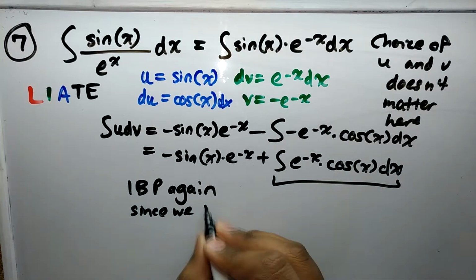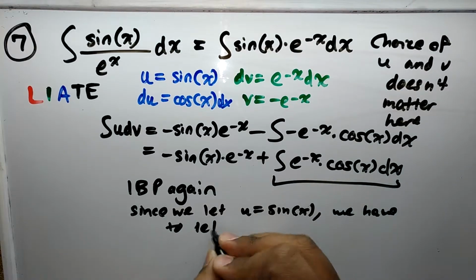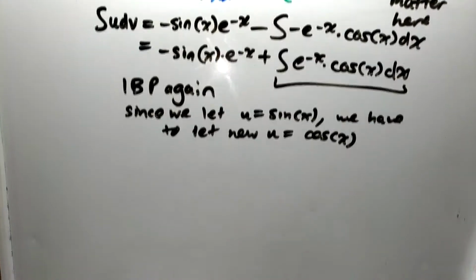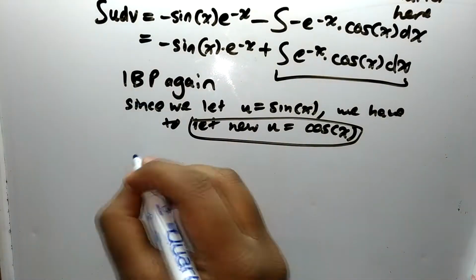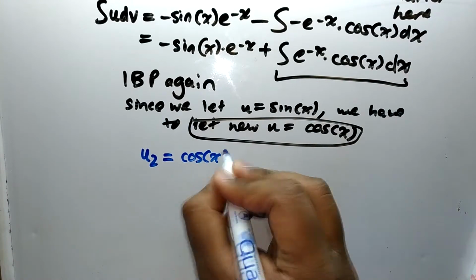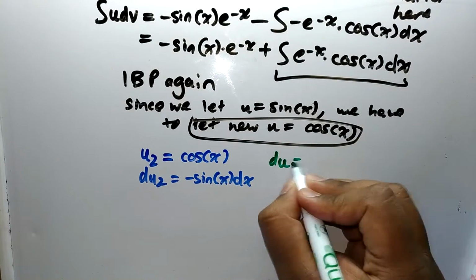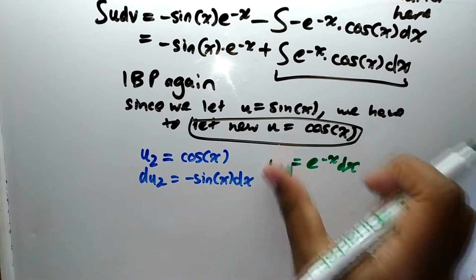An important note: since we use the trig function as our u in this substitution, we have to use the trig function again. So since we used sine x, we have to use cos x again. If we used exponential, we would have to use exponential again. So just let the new u equal cos x, and then differentiate that, that's just negative sine. And the dv is e to the negative x, so again